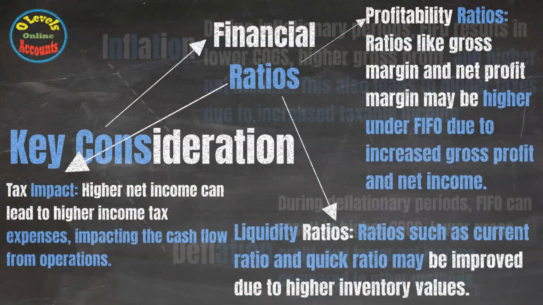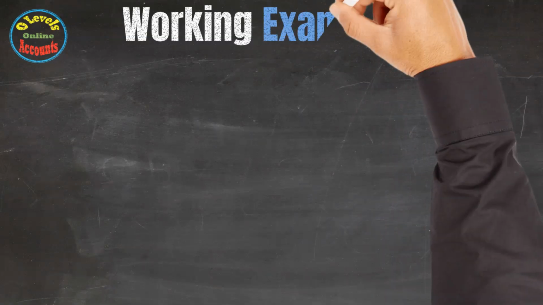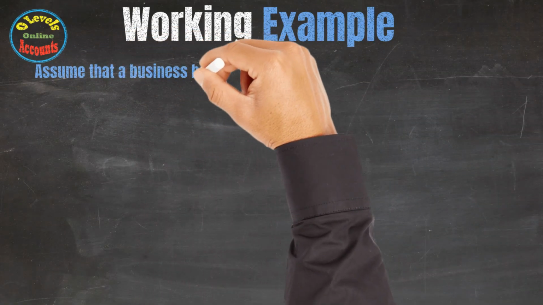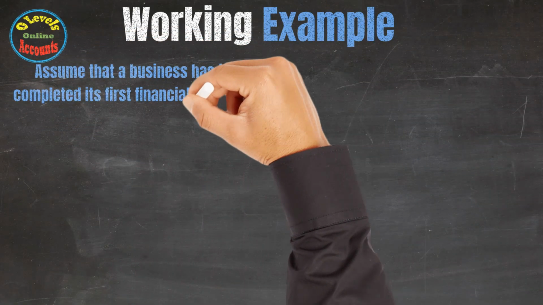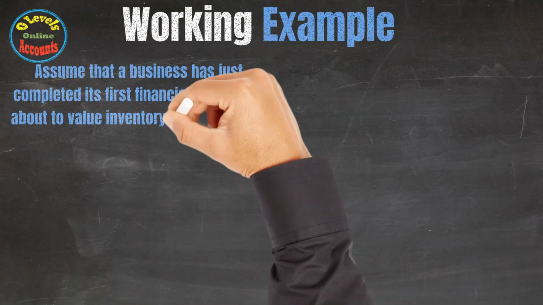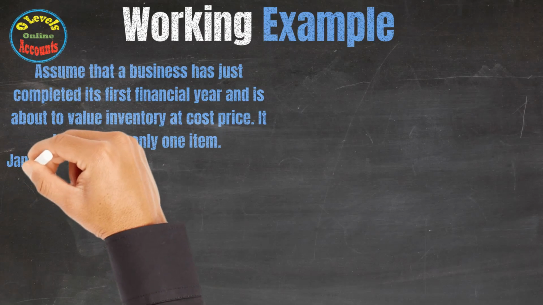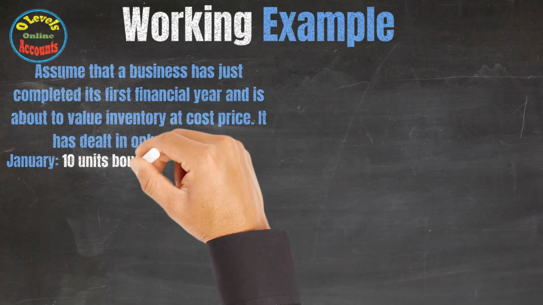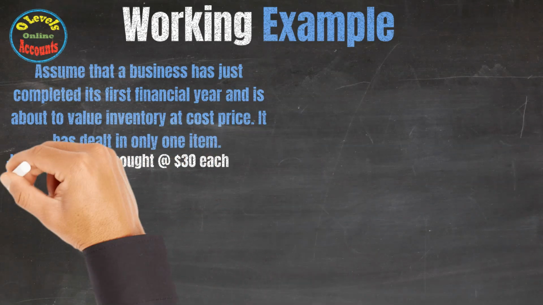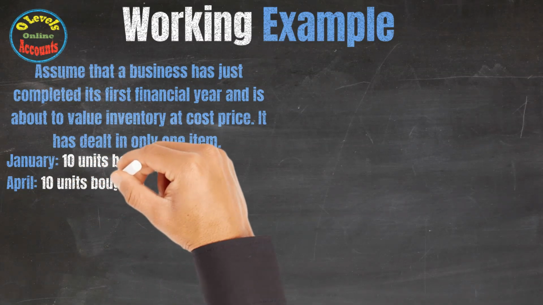Let's check the working example. In this working example, assume that a business has just completed its first financial year and is about to value inventory at cost price. It has dealt in only one item. Data are as follows: in January, 10 units bought at the rate of $30 each;